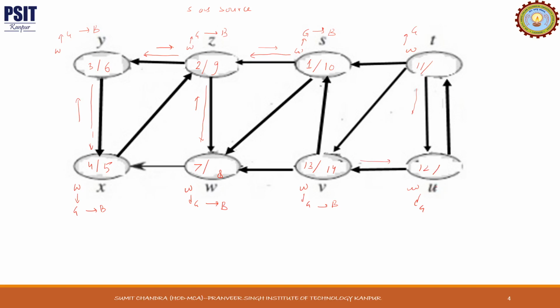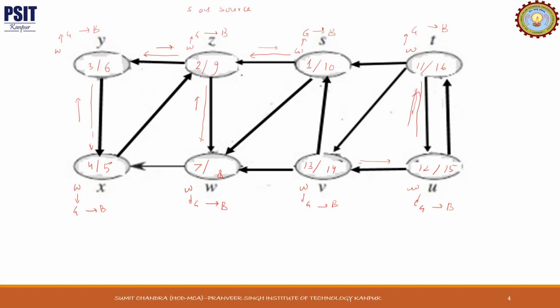All the vertices adjacent to U have been examined, so the adjacency list has been exhausted. So we'll allocate a finish time here. Then we'll backtrack, we come to T. Again all the vertices adjacent to T have been explored, so its color turns black and we assign a finish time. So the path that we have chosen was this and this. So this is done now.